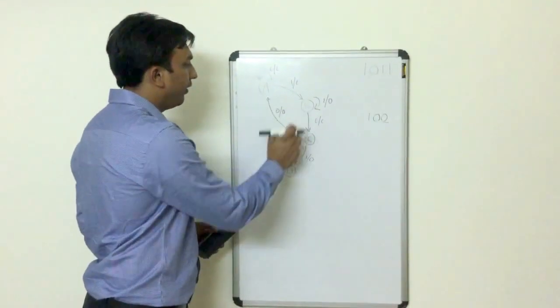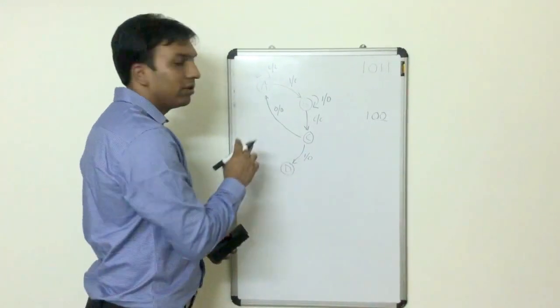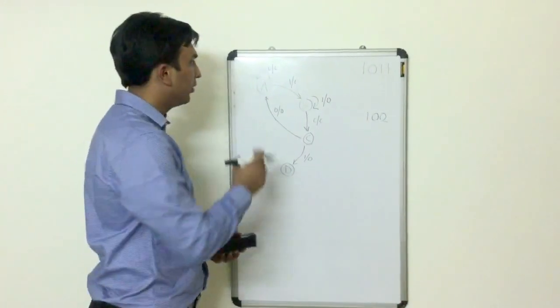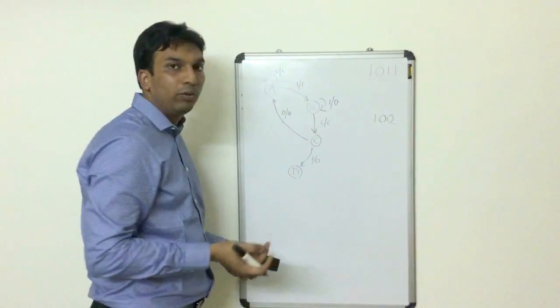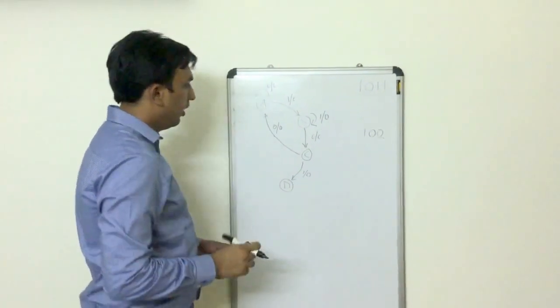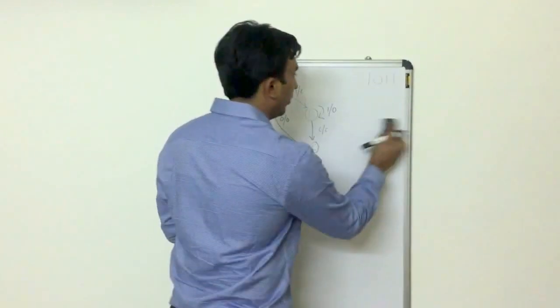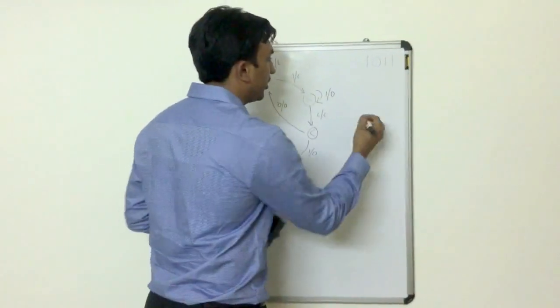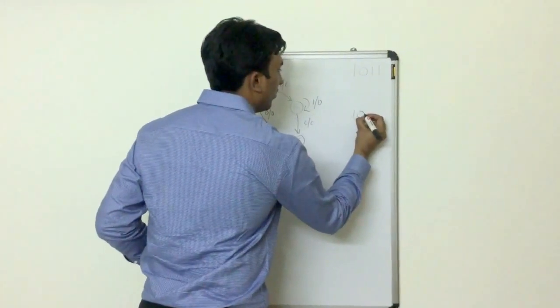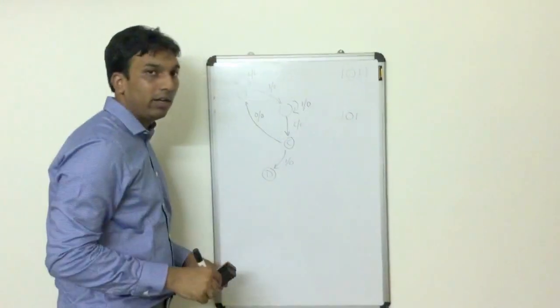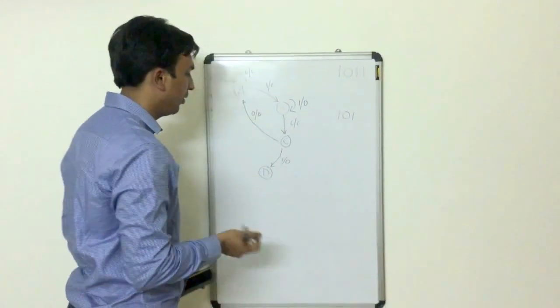So corresponding to every state, I have taken 2 inputs because we are considering only binary input. So 0 and 1, there are the 2 possibilities. And now state D. So at state D, we are in this situation. 1 0 1 have been detected, and now we are waiting for the 4th input.